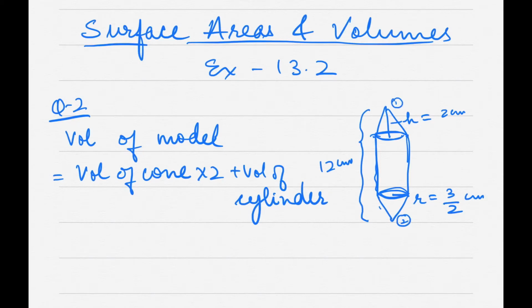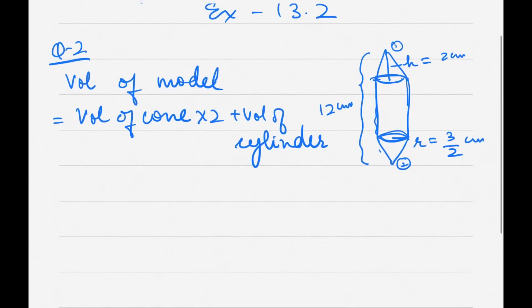So this is one cone and this is my second cone, so two cones I have multiplied. I'm just taking into 2 because here height is same and radius is same. If they are different, then you have to take differently, but here it is same, so I'm taking. So okay, volume of cone formula will be equal to,